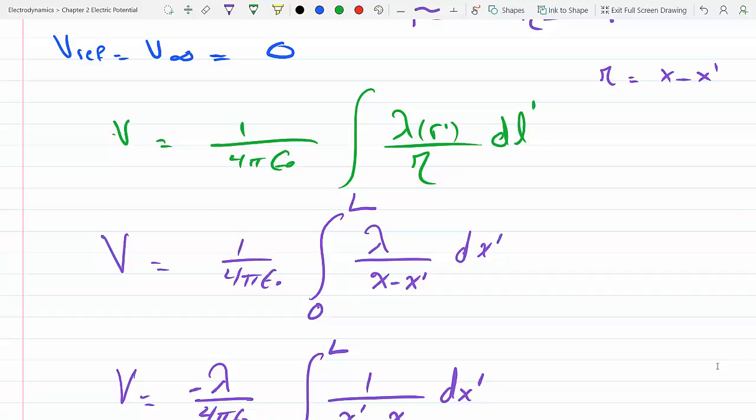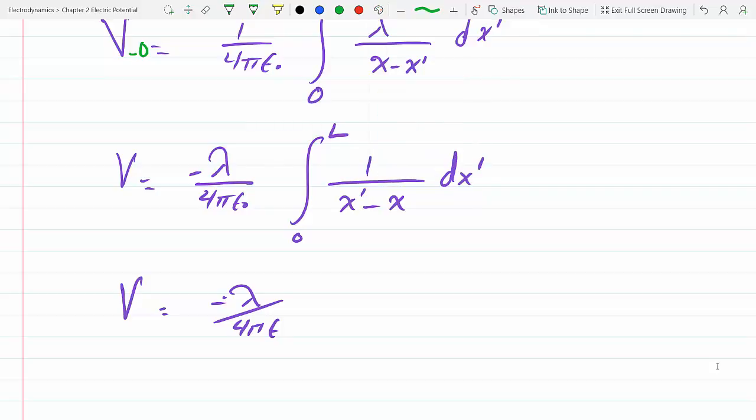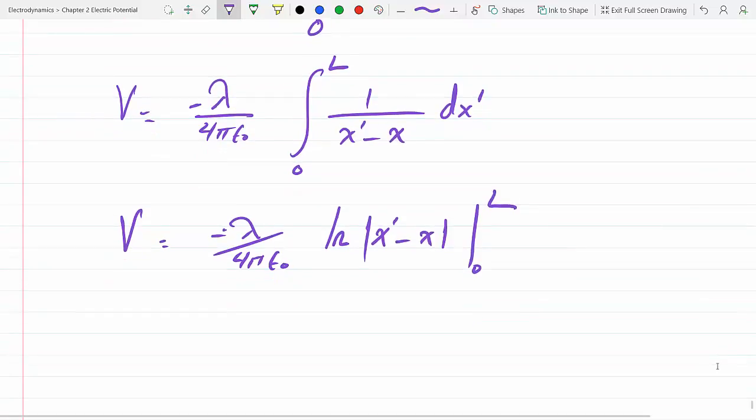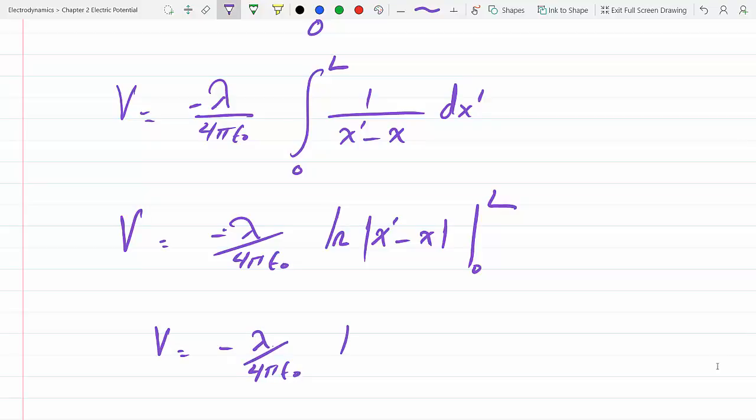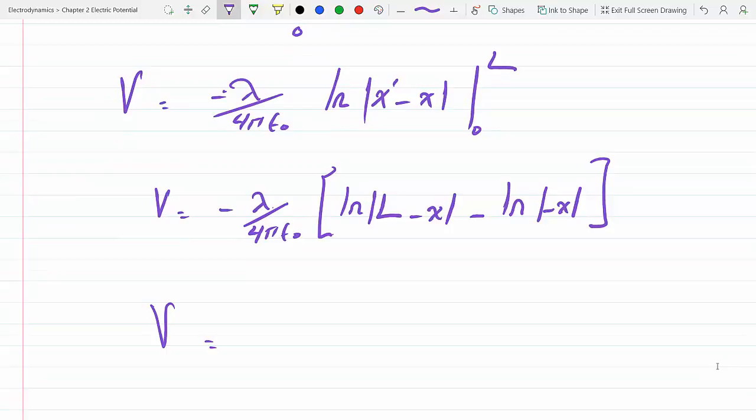Technically I'm supposed to begin this with V minus V reference, but because V reference is 0, I get away with just V. So back to here, lambda, and this would be ln of x prime minus x from 0 to L. The bounds are for x prime, not for x. So ln of L minus x, evaluating the upper bound, minus ln of the absolute value of minus x, if we plug in 0. So here we would get our potential to be